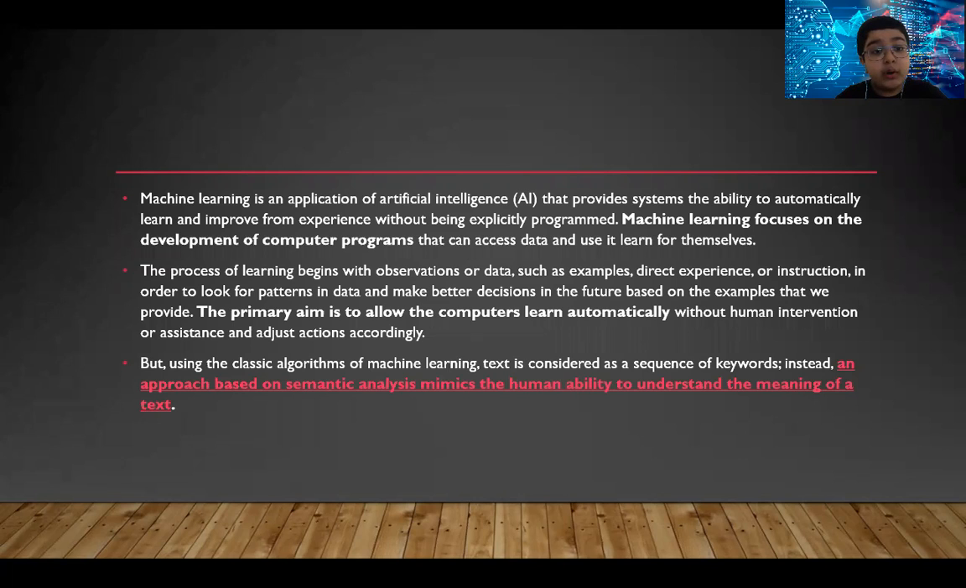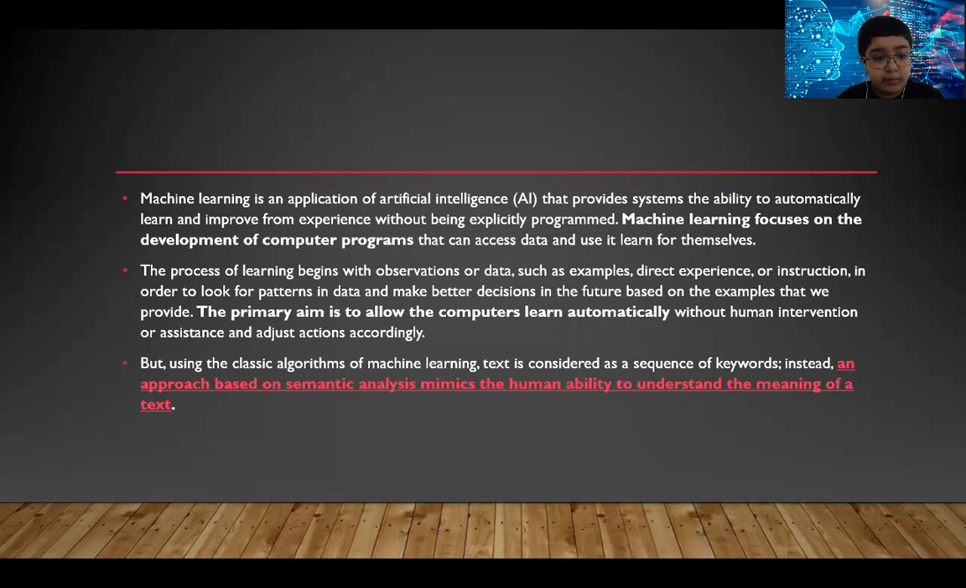Machine learning focuses on the development of computer programs that can access data and use it to learn for themselves. The process of learning begins with observations or data, such as examples, direct experience, or instruction, in order to look for patterns in data and make better decisions in the future based on the examples that we provide. The primary aim is to allow the computers to learn automatically without human intervention or assistance and adjust actions